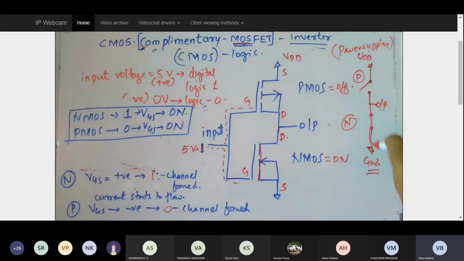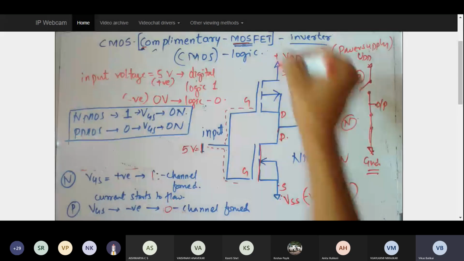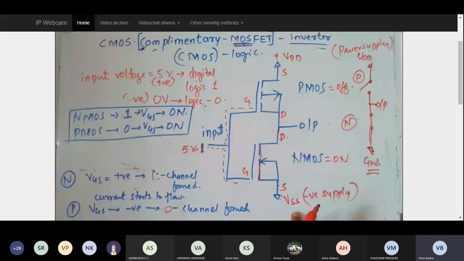It got connected because there is a formation of a channel. So now look, current flow starts from source to drain. Whatever is the voltage, in fact, I should not call this ground, I call it VSS or negative supply. So that you do not get confused, I mentioned ground. This is my positive supply, this is my negative supply, and because I try to represent my negative supply with the ground, just for that purpose I showed it as a ground. So I can say ground or the negative supply.